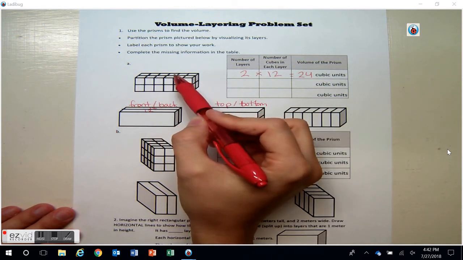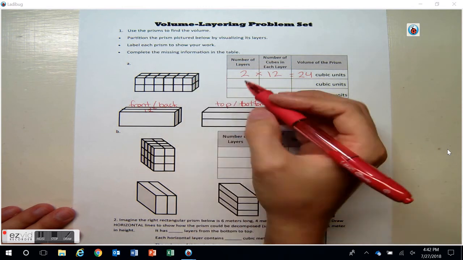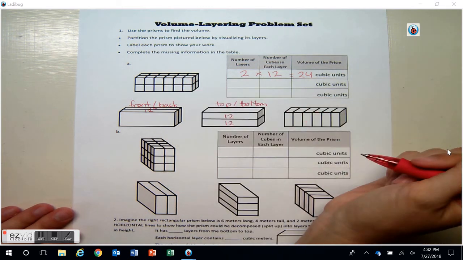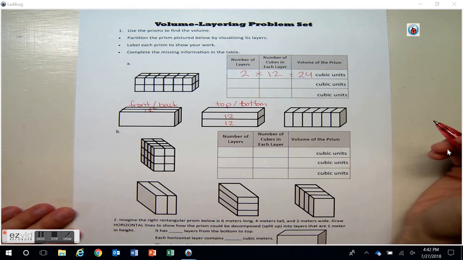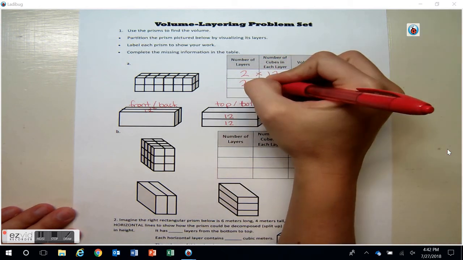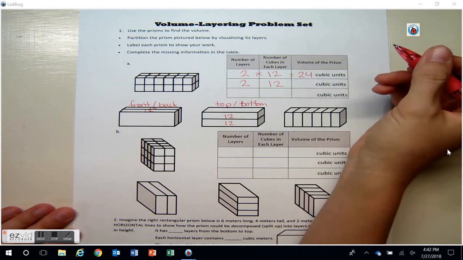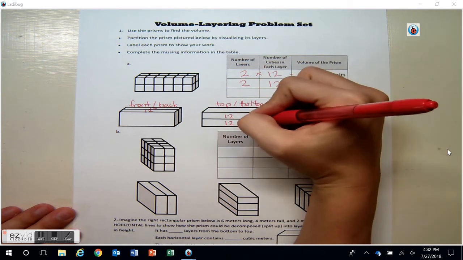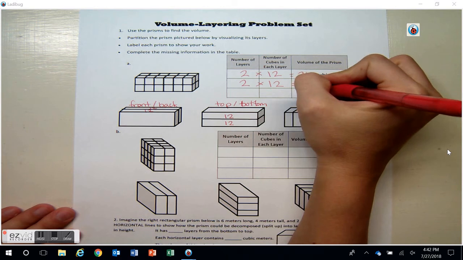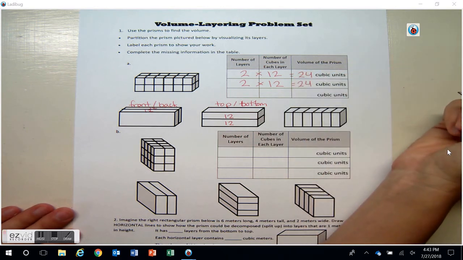So here we go, the top layer: 1, 2, 3, 4, 5, 6, 7, 8, 9, 10, 11, 12. This one has 12 cubes in the top layer, and since it's a right rectangular prism, it has the same number of cubes in the bottom layer. So we have 2 layers, 12 cubes in each layer. Again, I could do 12 plus 12, or 2 groups of 12, which is the same as 24 cubic units